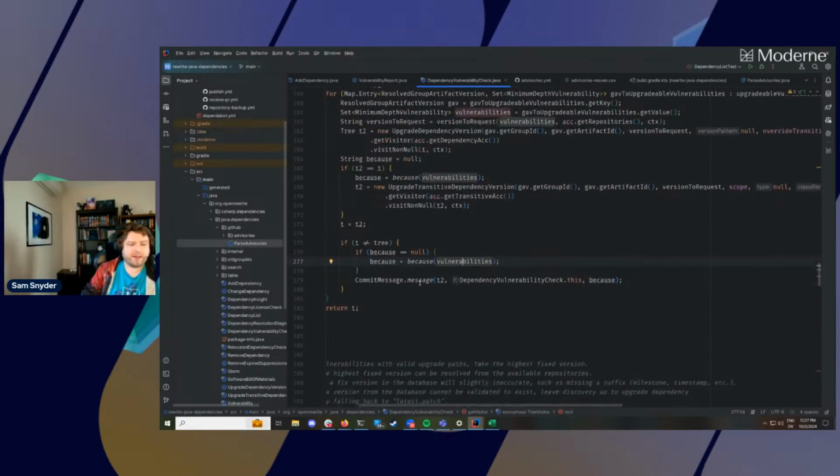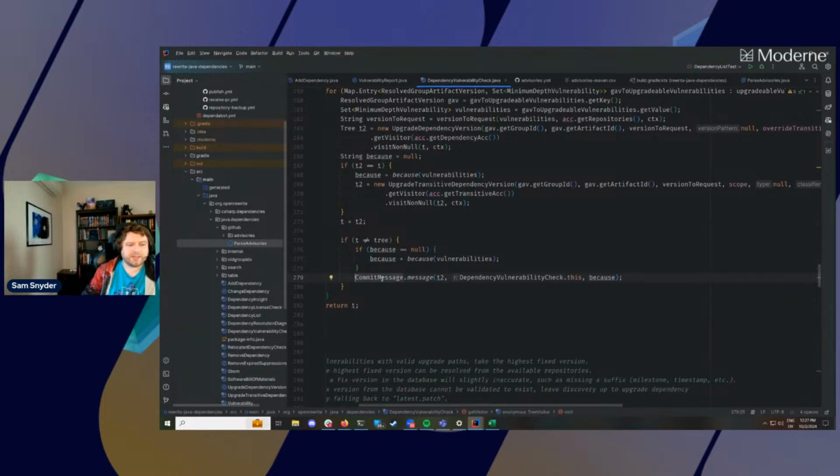And then we pass that into this commit message marker, which is, I think, the only place, at least that I know of in the OpenRewrite code base, where this commit message marker is used. This adds just a marker to the LST, which suggests additional information for the commit message. Now, if you're using the OpenRewrite build plugins, you'll never see any effect from this, because the OpenRewrite build plugins don't do the committing part, right? That's up to you as the user of the plugins to decide when you want to commit.